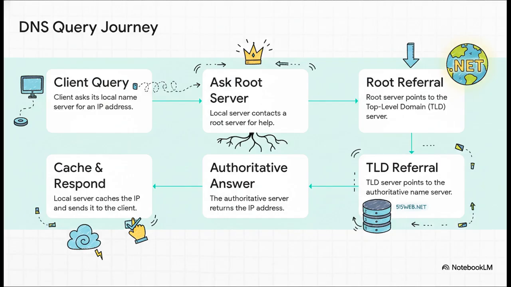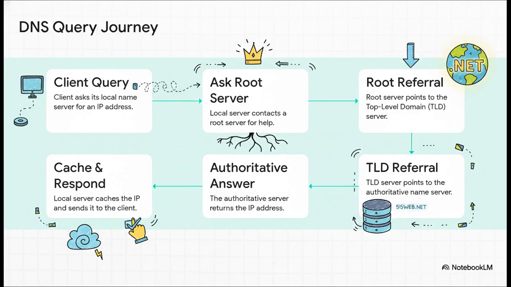So the request goes to the top-level domain, or TLD server. That server says, oh yeah, I know who owns google.com. Here's the address for their server. And finally, the request gets to the authoritative name server, the one that holds the actual official record. It gives the IP address, the answer is sent all the way back down the line, and your local server hands it to you. And, this is clever, it saves a copy, so the next time you ask, it knows